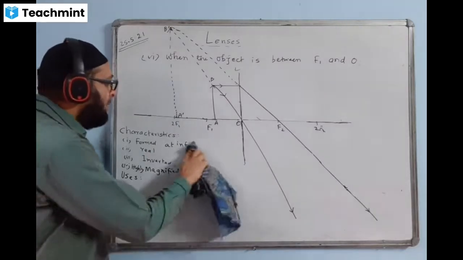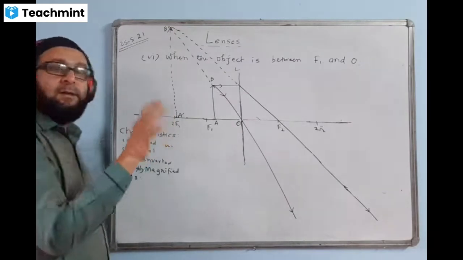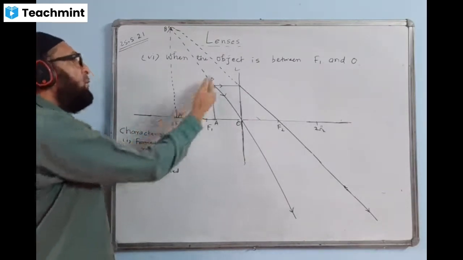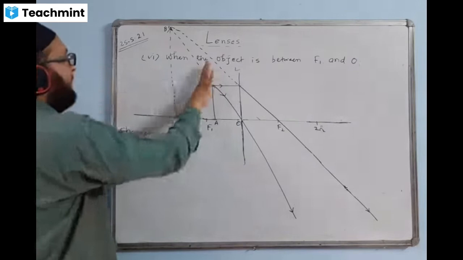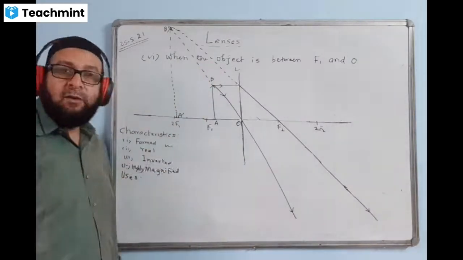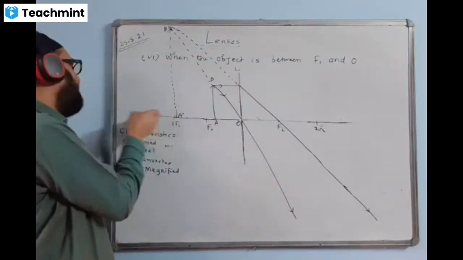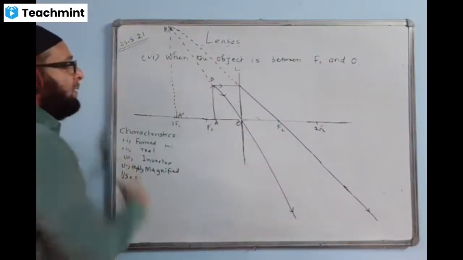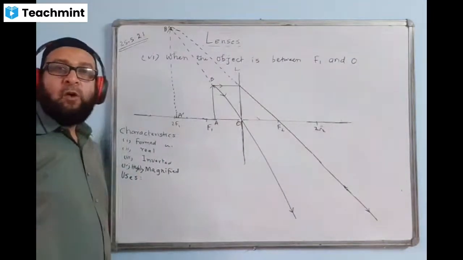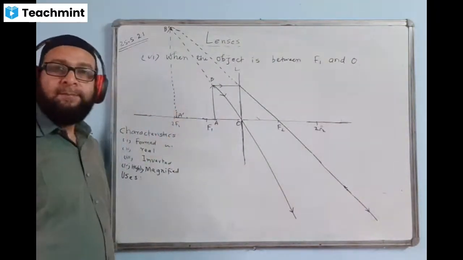So don't bother about this 2F1. One thing, listen, we will not bother about 2F1. It can go anywhere, as per the space you have taken in your diagram, in your copy. Don't bother about this 2F1. It can be anywhere, but on this side, back of the object. Do not bother about 2F1 or close to 2F1 and all. It can go anywhere.